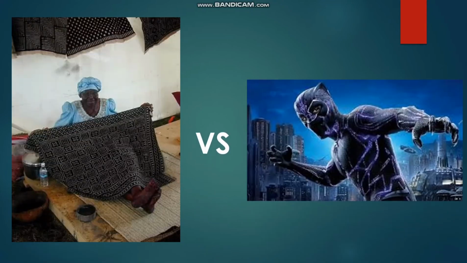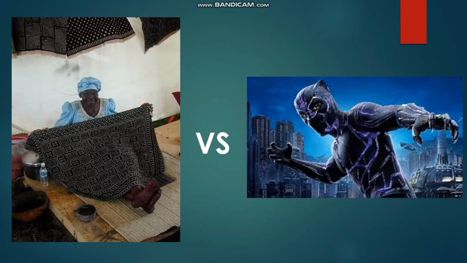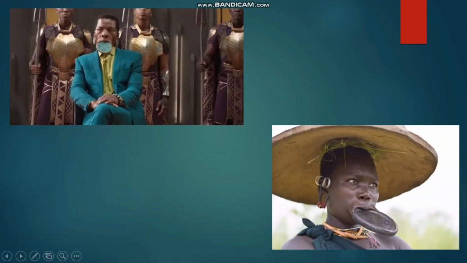We can see these two pictures. The Black Panther suit shows the timbre and luster of the vibrating gold material, and its design incorporates African culture in details, drawing on the small pyramid texture of the Mali fabric. So we can see these two pictures still have some similar parts. And next, I think we already watched this character in the movie I showed. It's called a lip plate. It's a traditional trope.